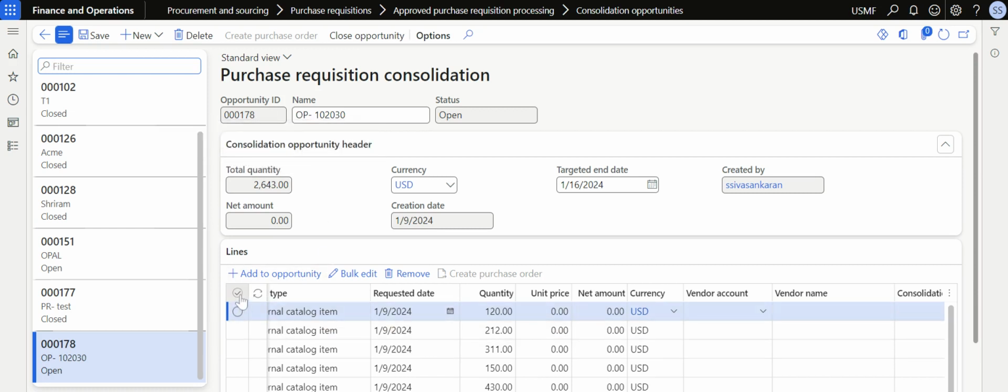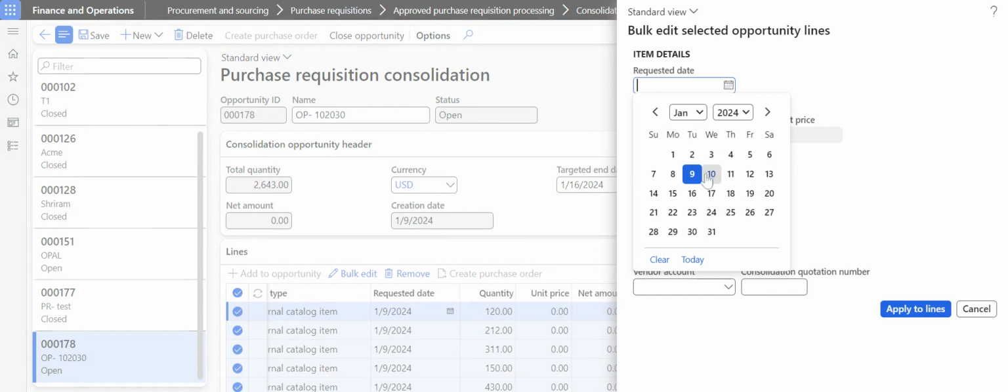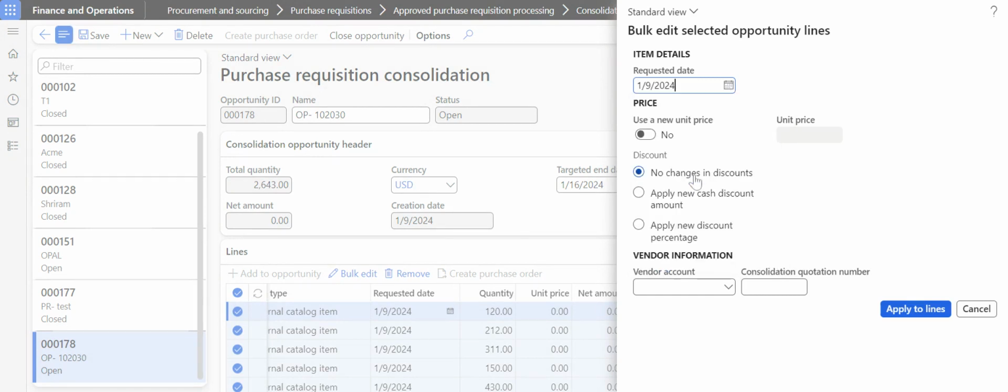So after negotiating the price with the vendor, I can do a bulk edit. I can select all the lines and click on bulk edit. Let's say I am requesting this consolidation on 9 Jan, and I have negotiated a new price, let's say it is maybe $2.5, and then if I want to apply any new cash discount amount, then I